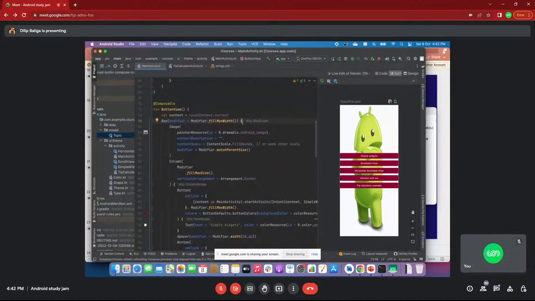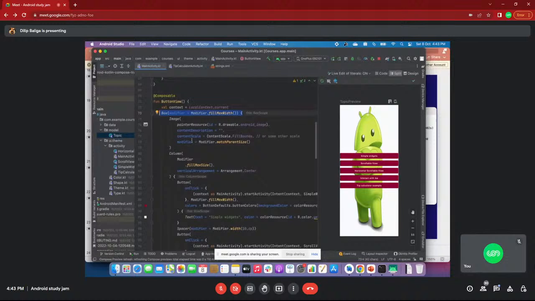You can add any kind of views, and you can place them anywhere. For example, you can place something at the bottom of the box and stack things. In a box, you are placing the objects in the form of stacks. That's the widget. Here everything is a widget. Inside Compose you are just using widgets. Box is a kind of widget.